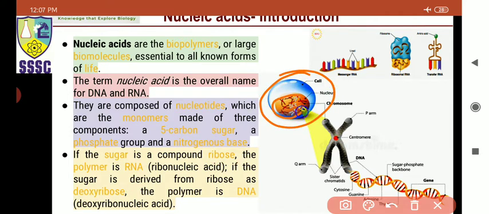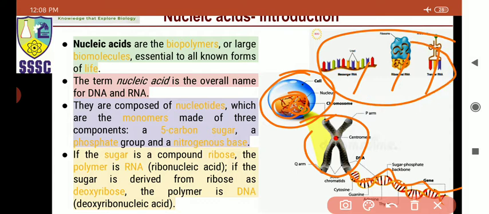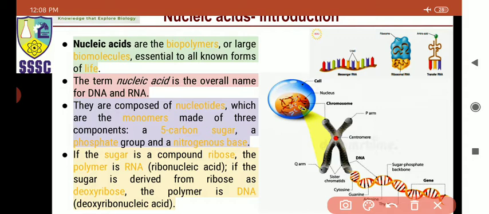So cells contain nucleus, nucleus contains chromosomes, chromosomes contain chromatid threads, and when you open it, you can see the molecular level structure of double helix DNA. RNA are of three types: messenger RNA, ribosomal RNA, and transfer RNA, tRNA. We will see the discussion of RNA in a later session. Right now we understand what are the components commonly found in both DNA and RNA.